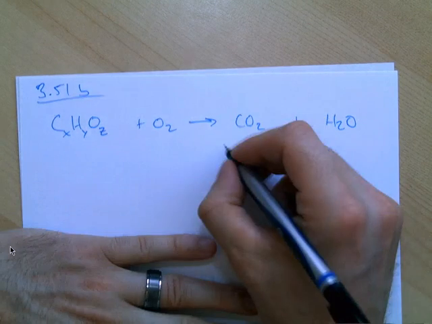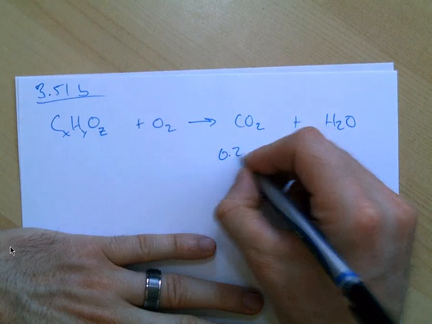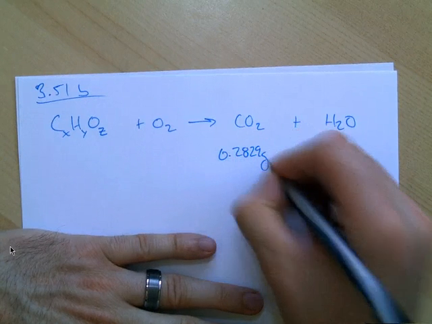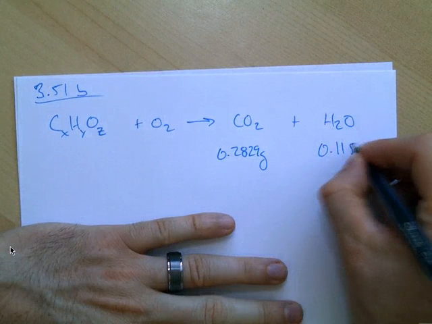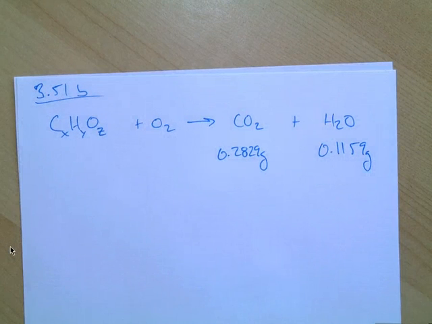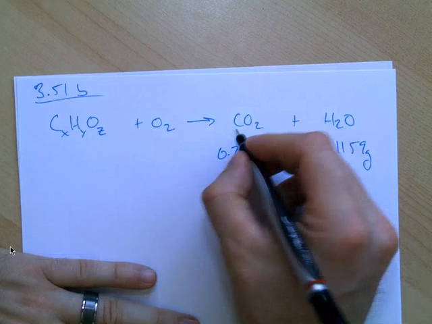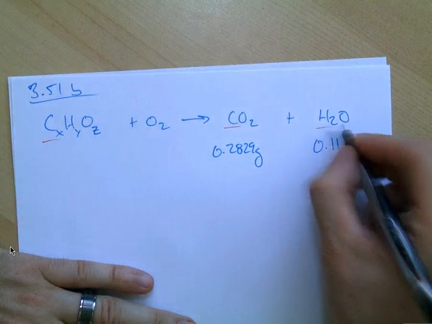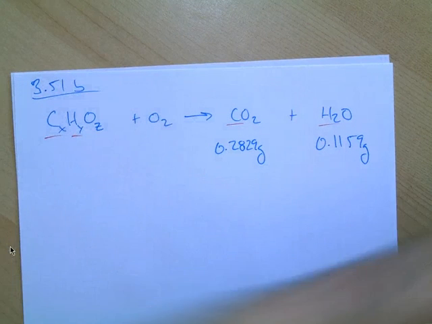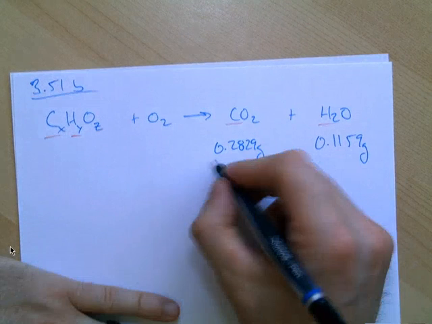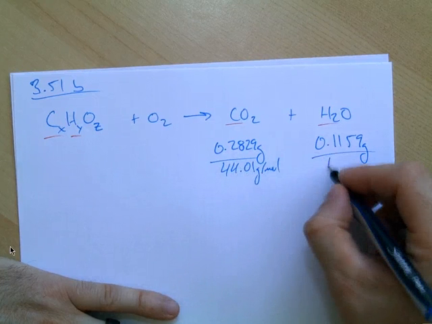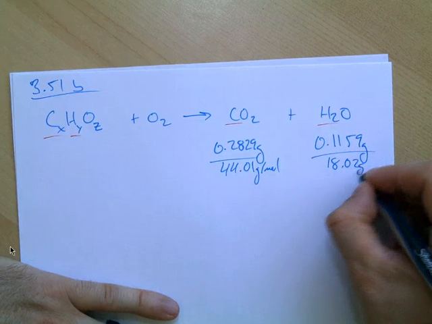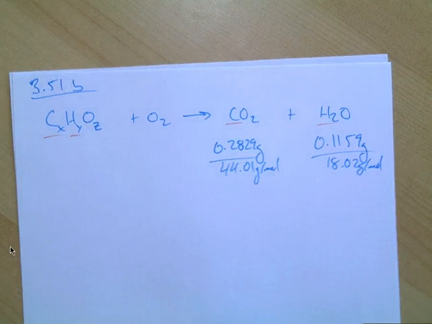For carbon dioxide, it's 0.2829 grams of carbon dioxide. For water, it's 0.1159 grams. I, of course, have to figure out the amount of moles I have for each of these, just like I did last time, because with carbon dioxide, I can figure out the amount of carbon. For water, I can figure out the amount of hydrogen. So when I do this, divide by 44.01 grams per mole, divide by 18.02 grams per mole, and when I do that, I get